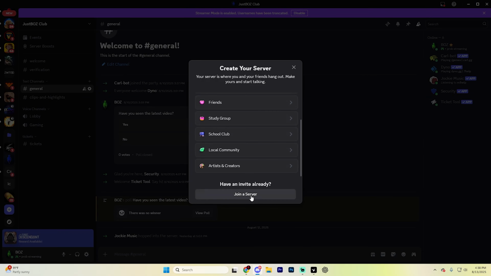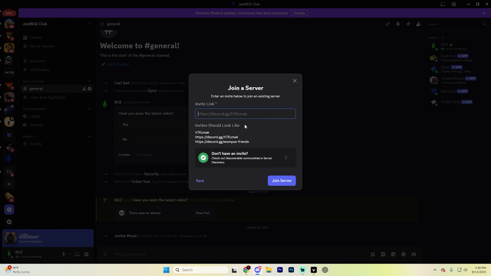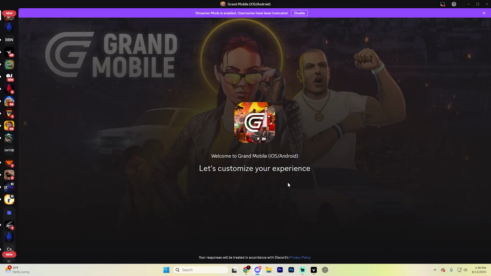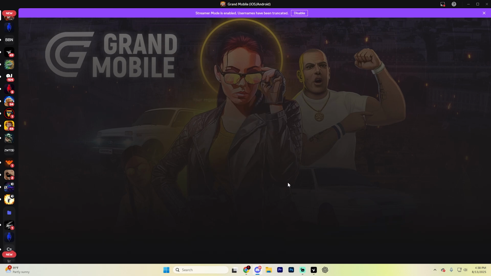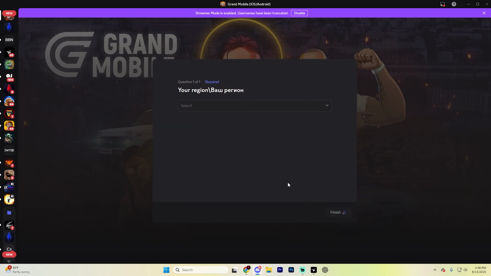Select join a server from this tab, and it's going to pull up a page that looks like this. Now, don't worry, you don't need an invite for this. You just need to type in the following, GRND, and then hit join server. What this is going to do is immediately load you into a page that looks like this, and you'll automatically begin joining that server. Here you just need to start setting up by customizing your language,